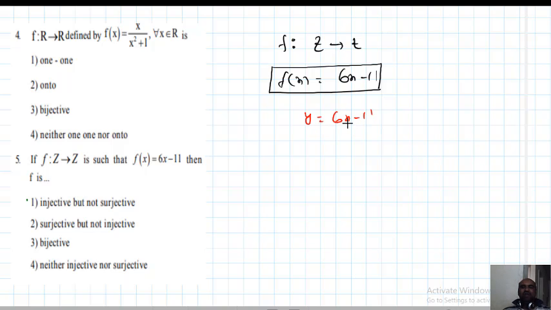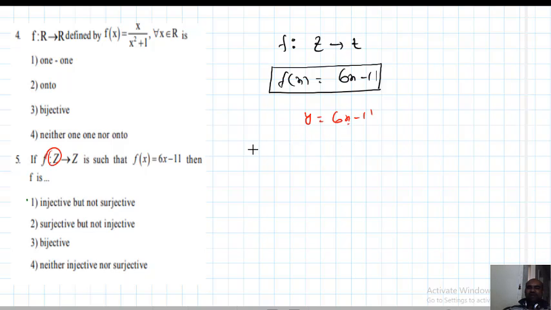So clearly, for what real x is 6x minus 11 a real number? All real numbers only. The domain is all real numbers. Here the given domain is integers, but the domain is actually all real numbers. But in this problem, the domain is Z, given, no problem. So for every x in Z it is defined. That is the meaning. For every x in Z, y is also in Z. Reverse, you want to find: make x the subject. After that, for every y in Z, x should be in Z. Then you can say that it is onto.